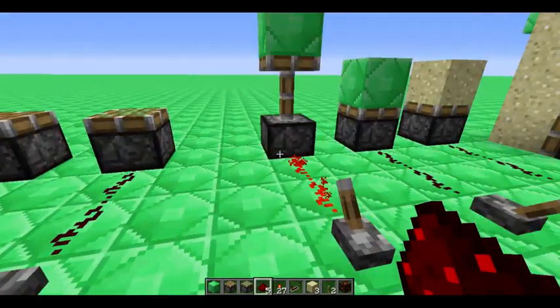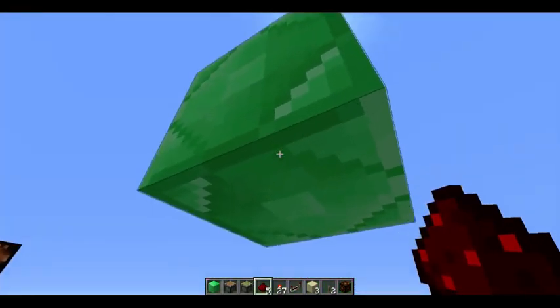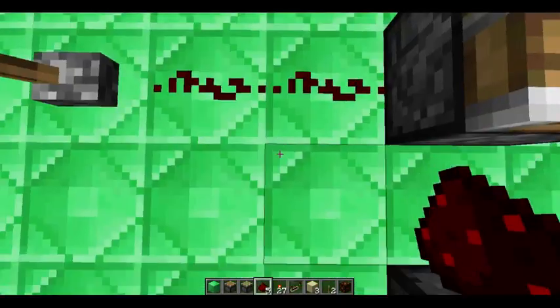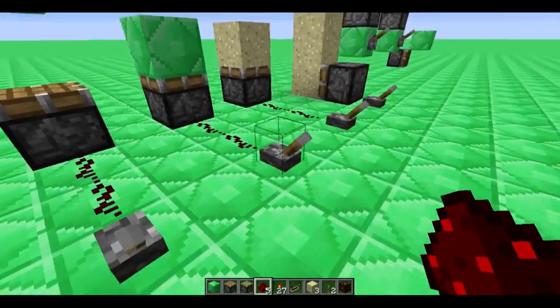This is a regular piston, by the way. But when I pull it back down, the regular piston is not attracting this block back. It's just pushing it out. It doesn't have enough power to pull it back because there's nothing stuck to it. Whereas a sticky piston,